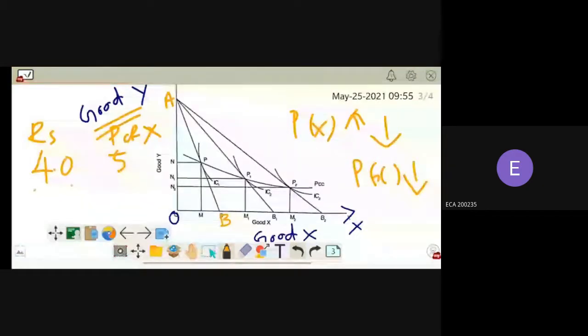Then how many units can he buy? That is 40 by 5. So he will be able to buy 8 units. Imagine that